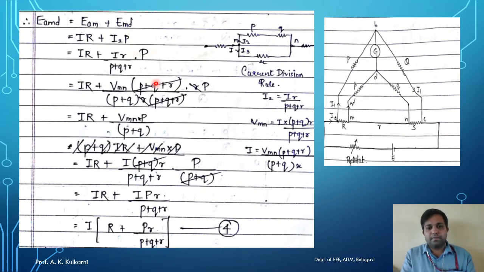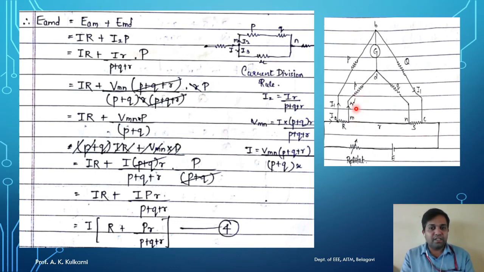Okay, so next, what is the voltage? The voltage between points A, M, D. So we need to find the voltage value of EAMD, right? EAMD is equal to the voltage between these two points, that is EAM, and the voltage between the points M and D. So EAM plus EMD. The current flowing through this resistor is I, so I into R, that is the voltage across this resistor, plus